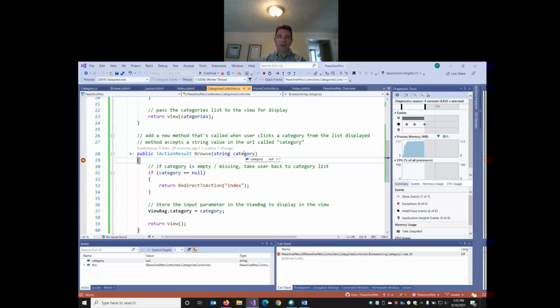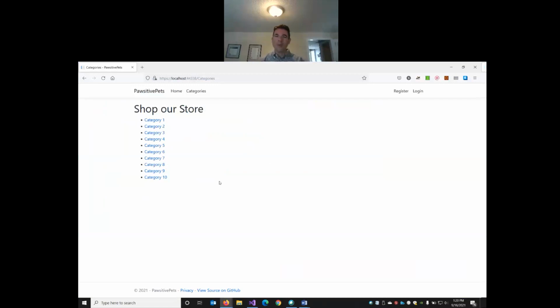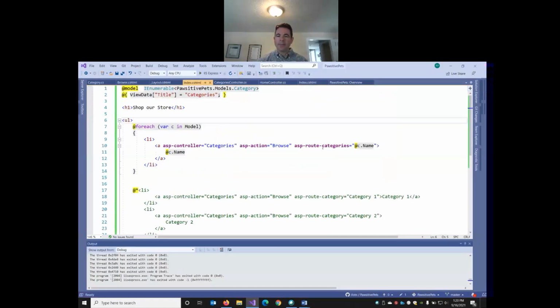You got it, Jordan, right? So if category is null, I can even see it down here, it evaluates to null. I hit F11, and now I've got this if statement on line 31. If category is equal to null, what happens? Redirect back to index. And then this stuff gets skipped, so it never loads the browse view. So I hit F11, it brings me back here. And that's because we know our category parameter is null because I modified it